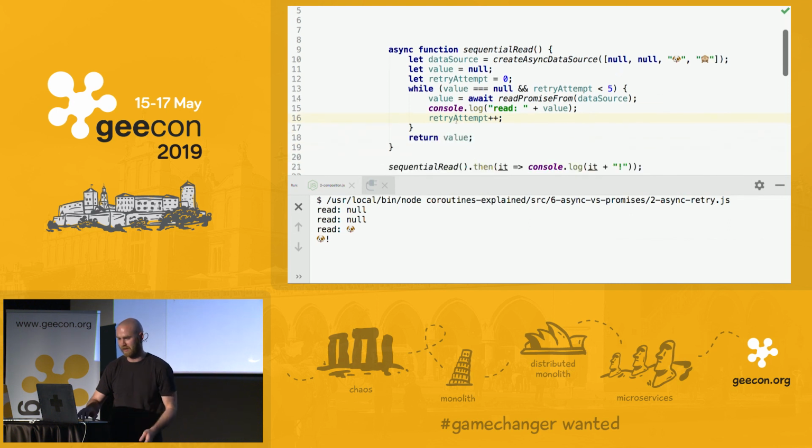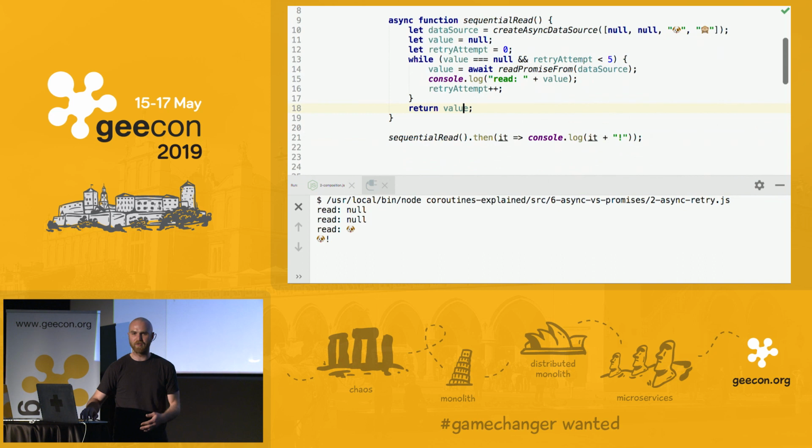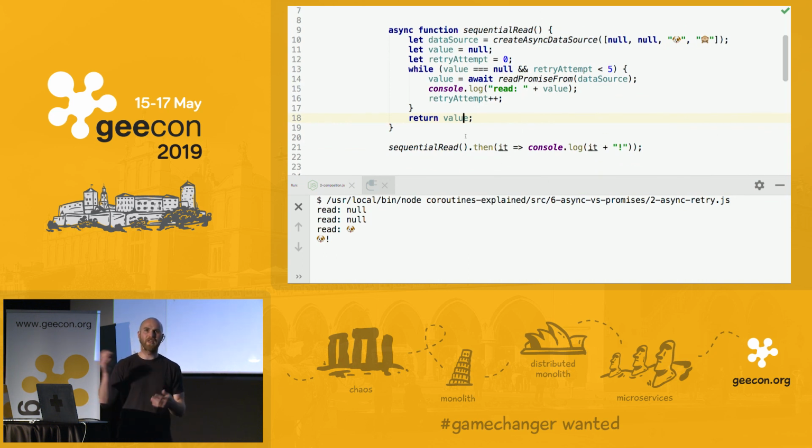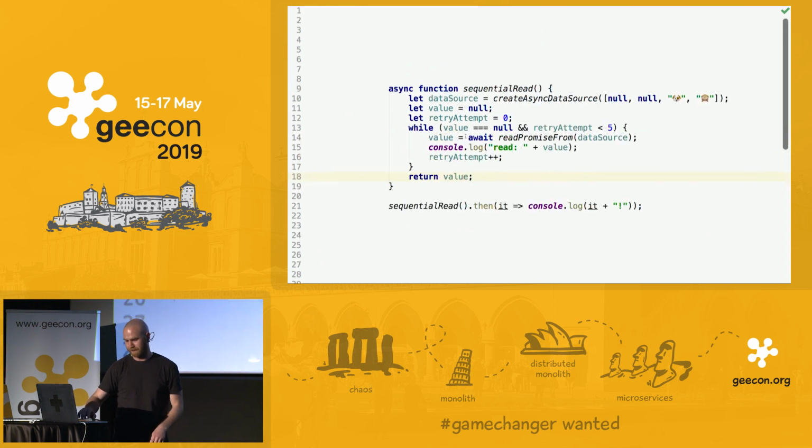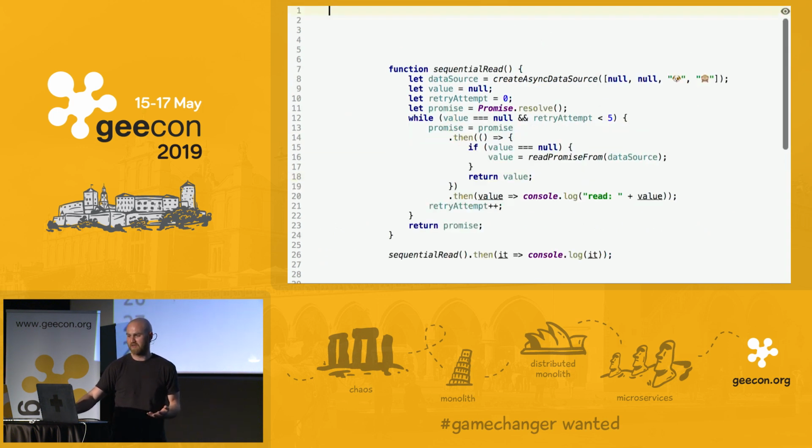So if we do this, we read null, null, then we get a dog and we finish. This is retrying, let's say, from some other service which might be down and so on. So it's a simplified version of that. So what if we do it with